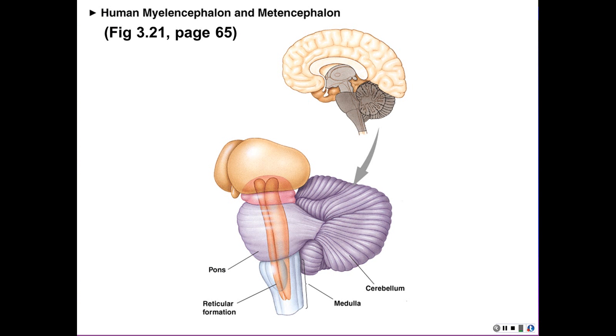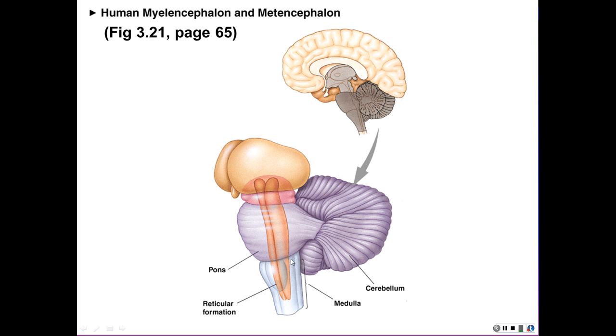This is what a brain stem might look like in a nice diagram. There's the pons and cerebellum. There's the thalamus. There's the midbrain, the tectum and tegmentum. Tectum is the posterior side, and the tegmentum is the anterior side. Here is the